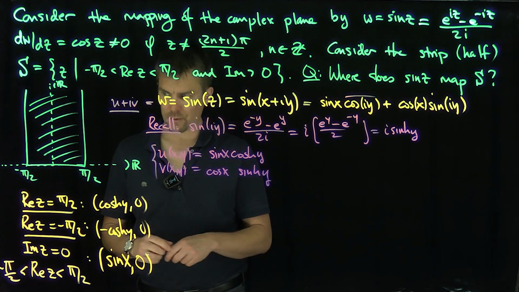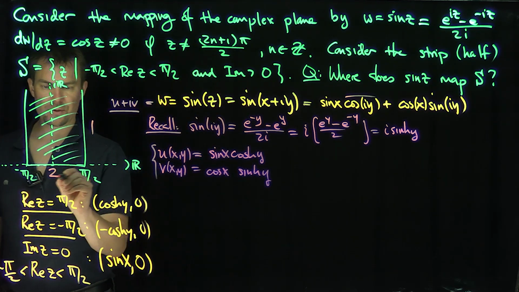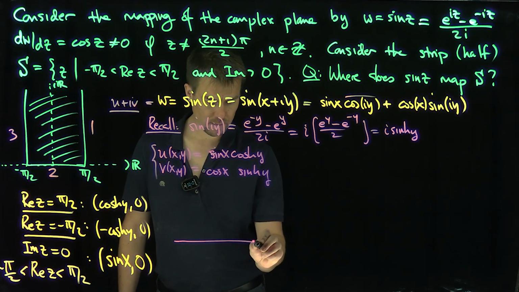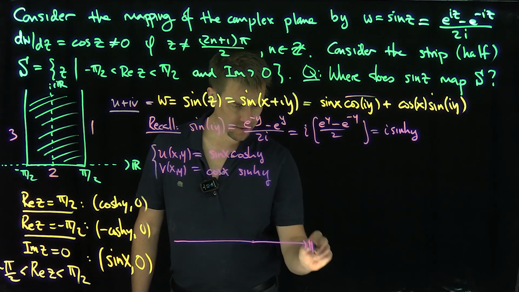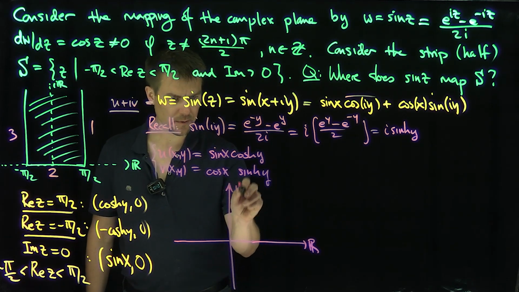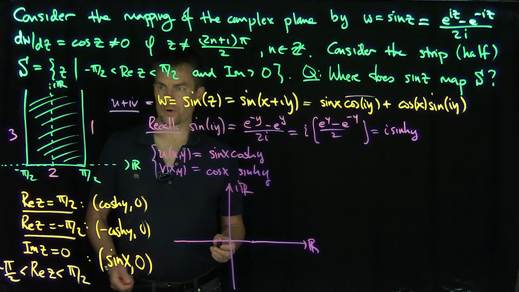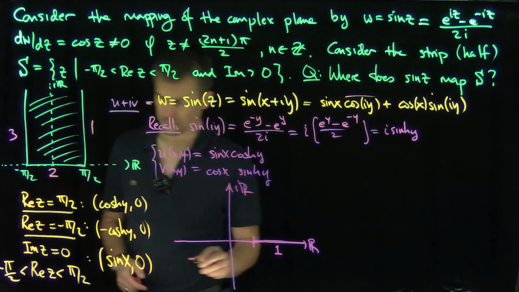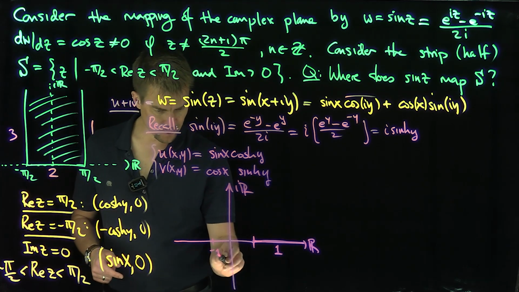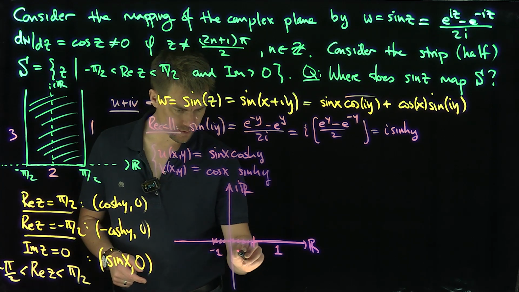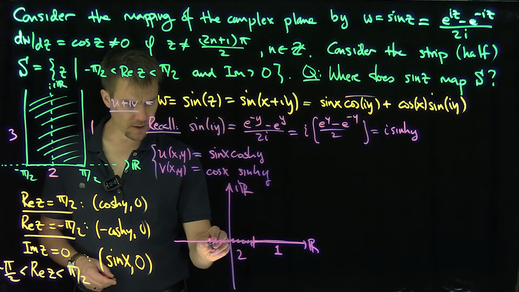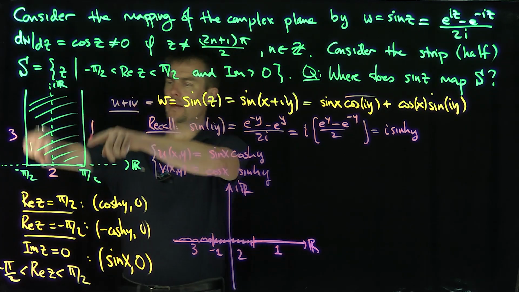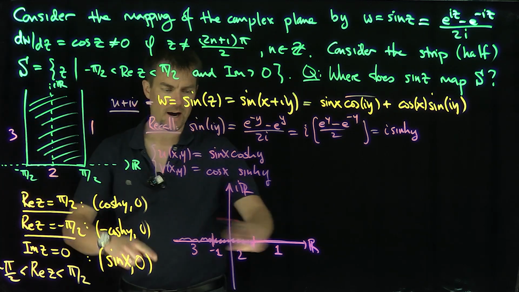where? So the boundary of the region, if this is 1, this is 2, and this is 3 over here, then what we're doing is we're saying, okay, so here is the real axis, here's the imaginary axis, okay? And of course, where's 1 going? 1 goes over here. So 1 gets to the real line over here. That's where 1 goes. 2 goes between negative 1 and 1. That's where 2 goes. And then 3 goes over here, right? 3. Okay, so in other words, it maps this part of the strip, this half strip, onto the real line,